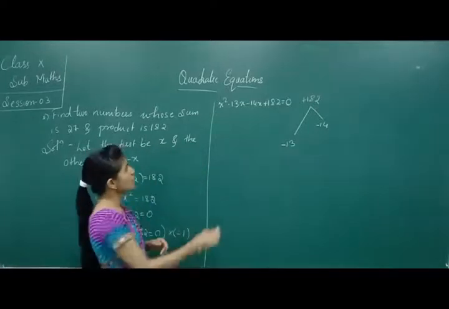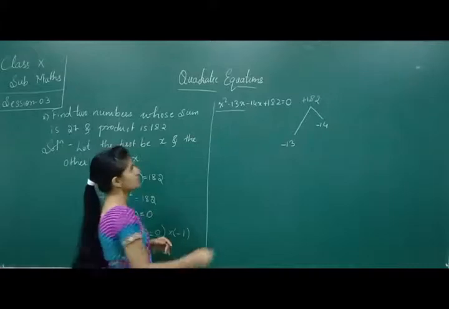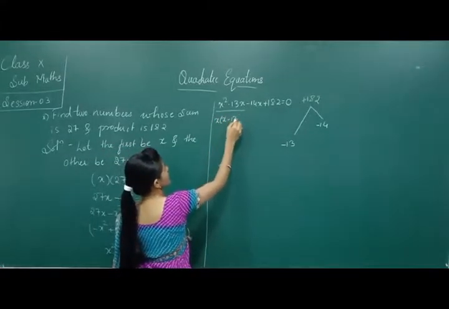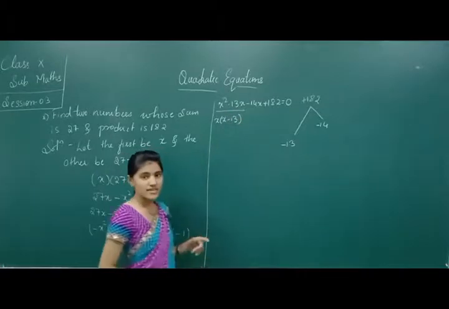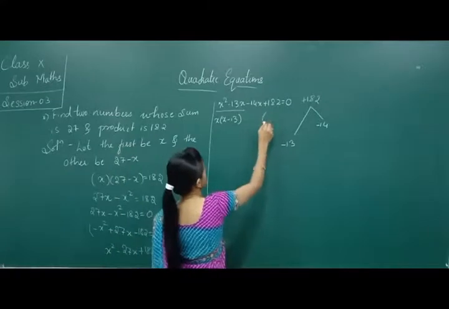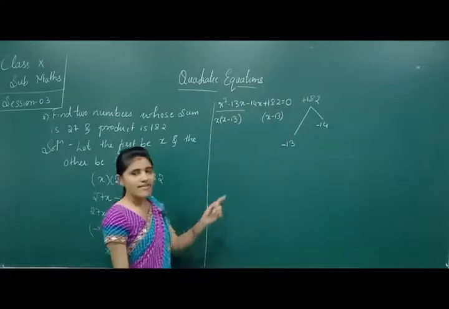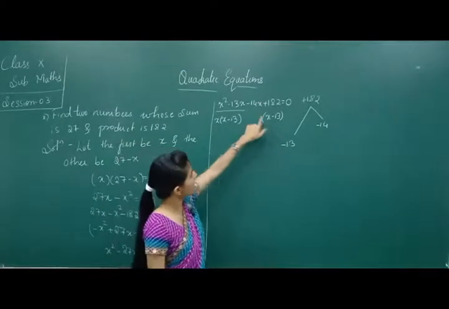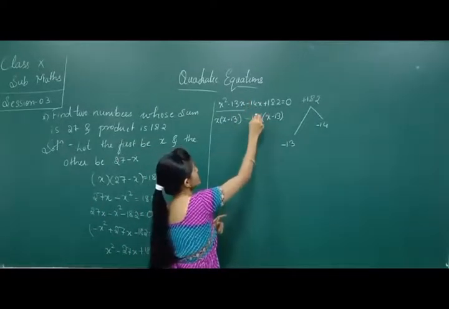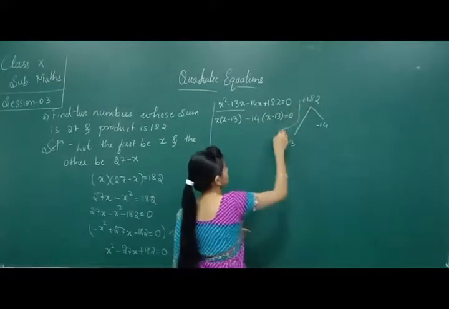Now in both these terms x is common. Therefore x into x minus 13. I have told you people, right, that this is going to be the same. That is why first I write x minus 13. See, I have taken x minus 13. I am left with minus 14, right? So just write down here minus 14. This equals 0.